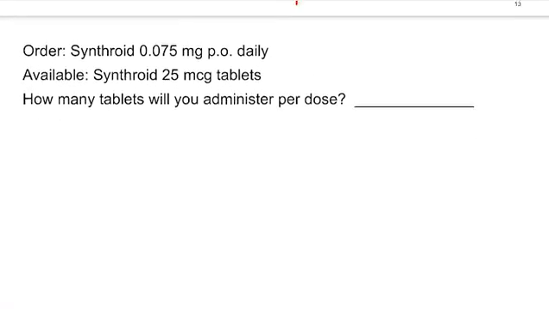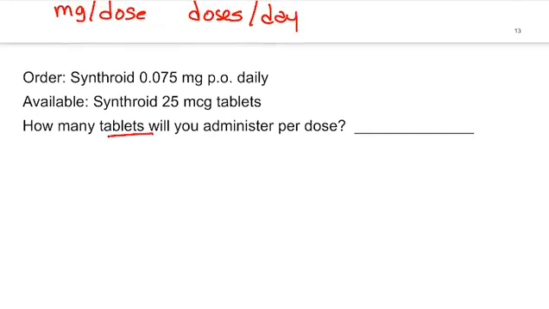Okay, tablets per dose. Let me scroll up a little bit more. Tablets per dose. What do I need to answer this question? I need my doctor's order. I need my label concentration. This is going to be a D over H times V calculation. And again, I'm noticing, I've got milligrams, I've got micrograms. And what do I know? I know that 1 milligram equals